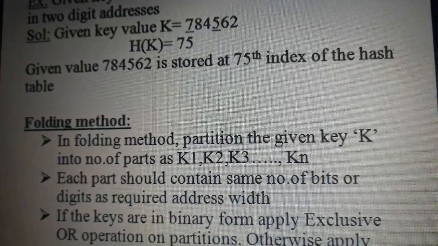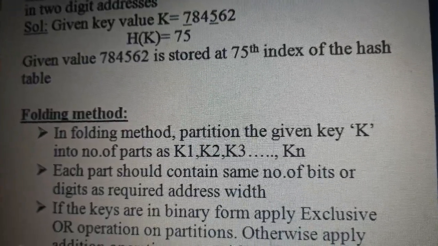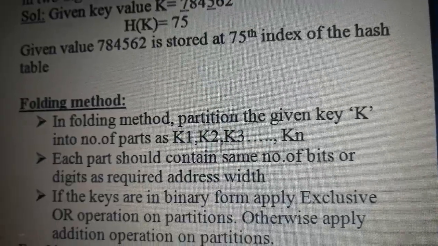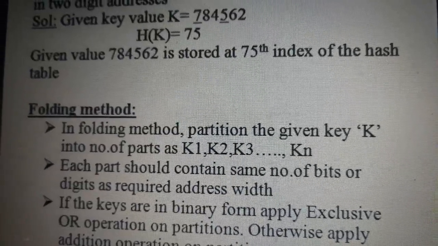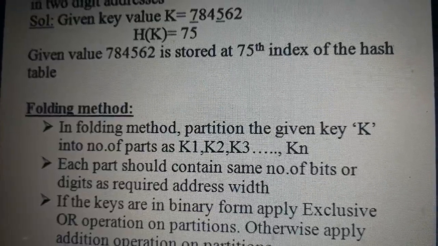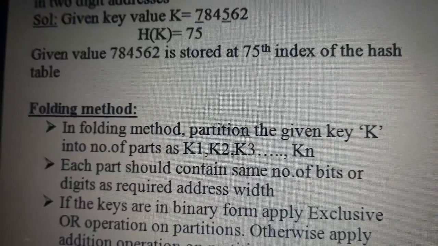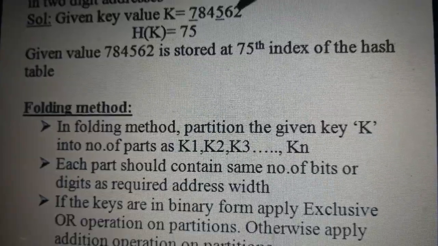On what basis do we ignore the sets of digits? We take sets of digits starting from the right position.